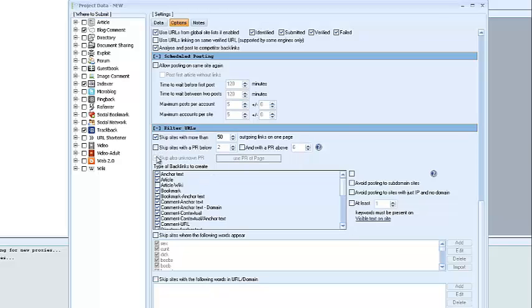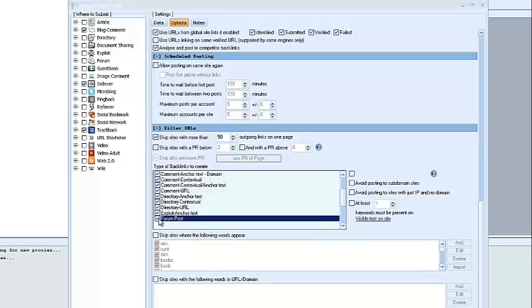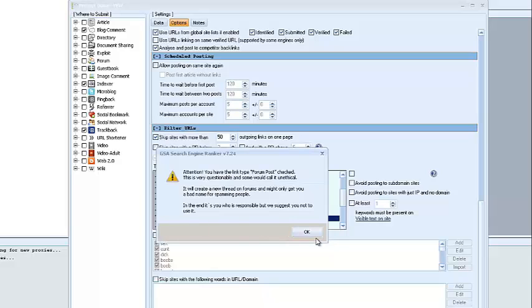Okay, so in this campaign we're setting up for the Facebook, though, we really want to blast it, so we're going to turn that off because it's not appropriate. Now you'll notice here in this setting we've got a box of basically every kind of links that we have in GSA. They're listed over here too for another reason, but this is kind of a master on and off. It says type of backlinks to create. So if we uncheck it,